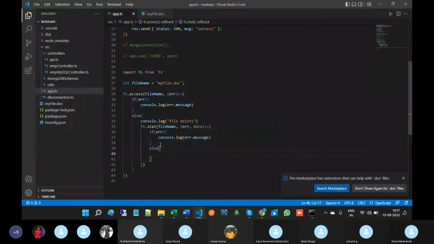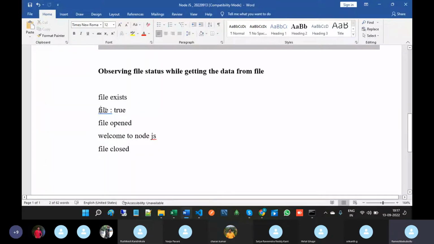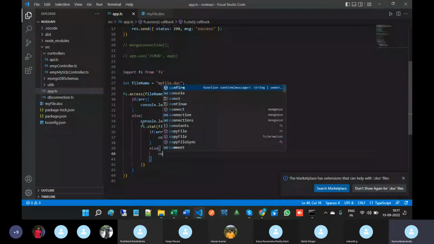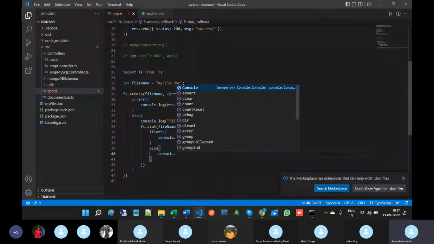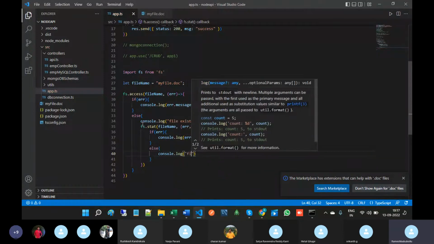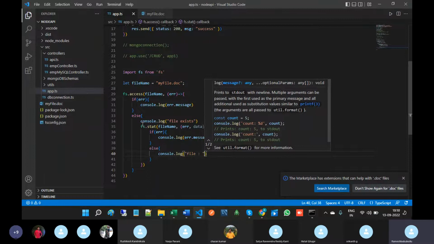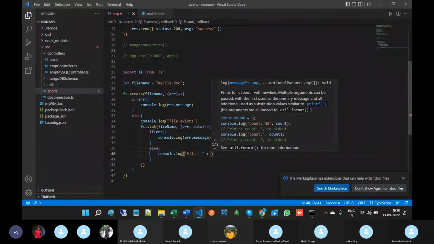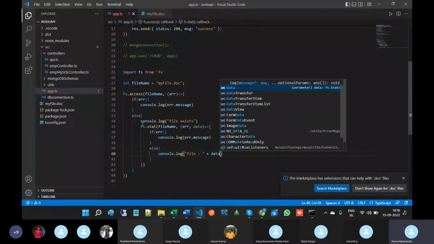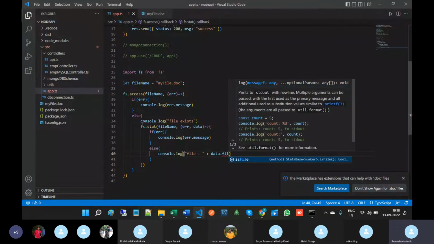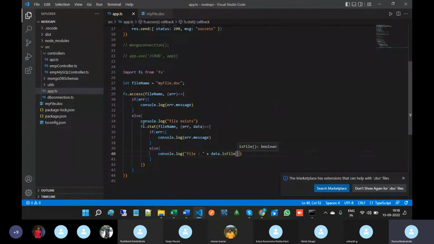Else, what type of message do I want to give? True. So console.log file as data.isFile. So this will return true. Okay. Next, after checking that,